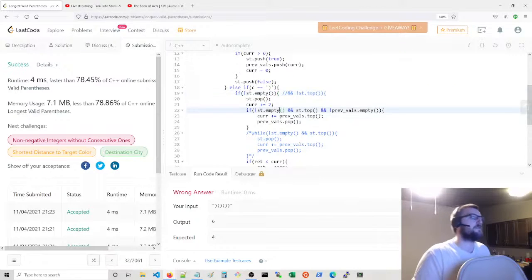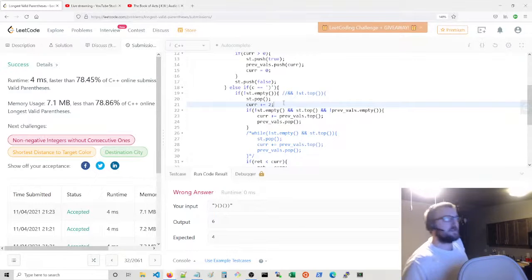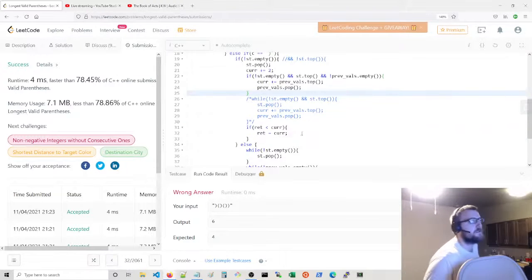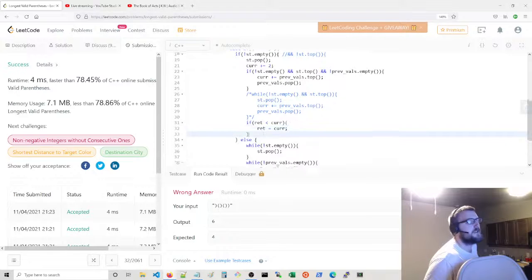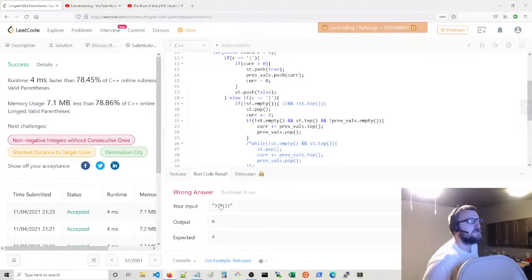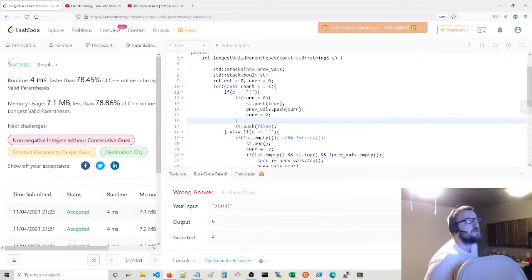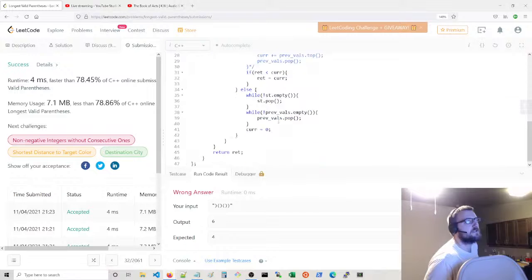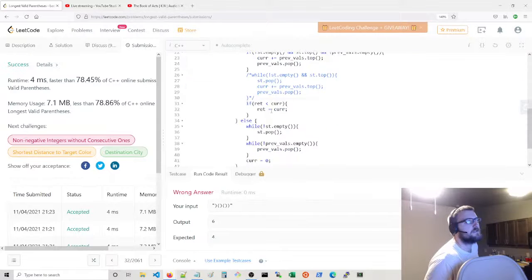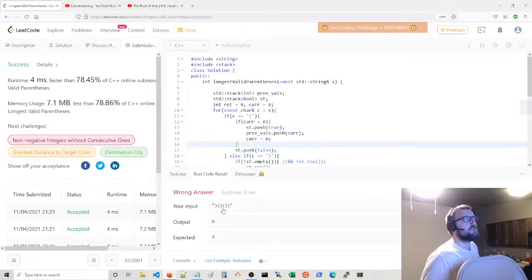And you say if it's empty, which it should be, skip that part. Ret goes to 2. And then we move on to the next one. That's the closing part. Then we go to the opening part. Current is updated to, so current's not 2 anymore. No, yeah, current is now,